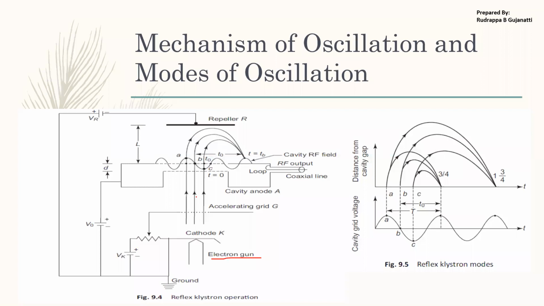It shoots the electrons towards the accelerating grid. The electrons pass through the accelerating grid, and then they pass through the cavity. They pass through the cavity because their speed is high. Now what happens is, since RF field is present over here, and there is